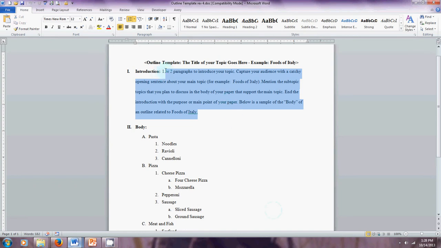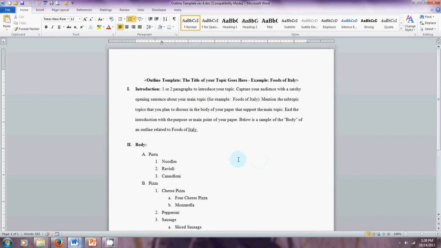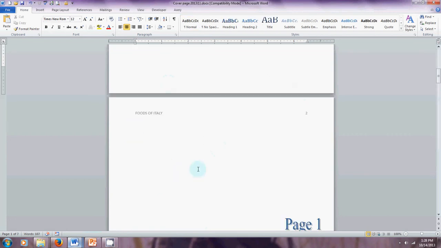It is a roadmap. So when you are looking at your outline, the first thing that you will write in your paper is your introduction. So I'm going to pretend that I wrote my introduction. To format your paper, okay, let's fix that. To format your paper,